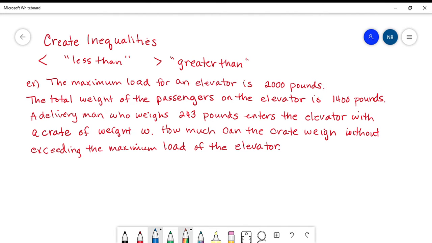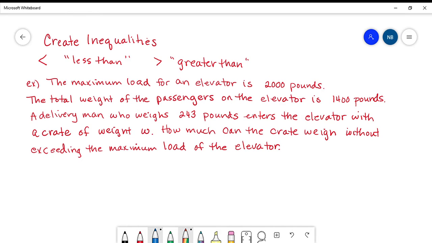This video covers creating inequalities from a word problem. So just a reminder, if the arrowhead points left, that's a less than symbol. And if the arrowhead points right, that's a greater than symbol. So it's important that you think about each situation and think, do I want something to be bigger or smaller